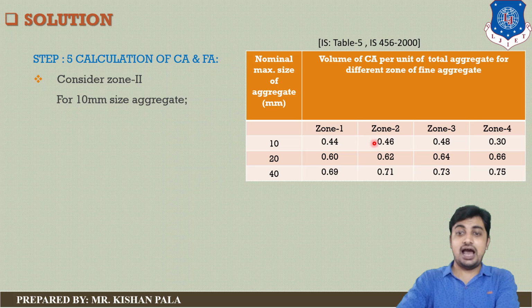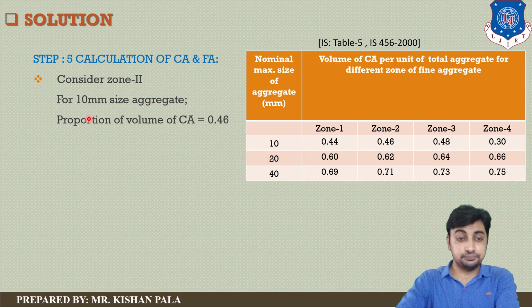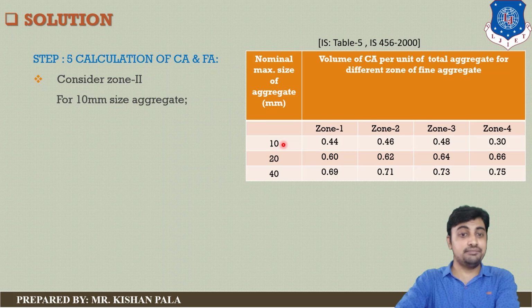So these values are for the volume of coarse aggregate with different zones, and you have to take the value based on the nominal maximum size of the aggregate, and we are using 10 mm size of aggregate. Based on this table, we are using 10 mm nominal maximum size, and we have considered zone 2, and you can see on the table you have to take a volume of 46% for